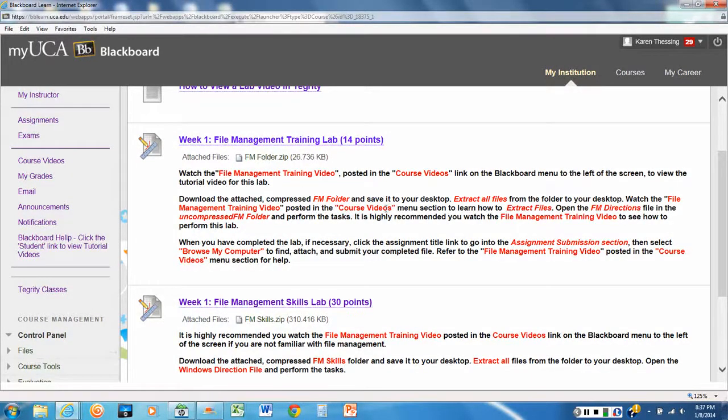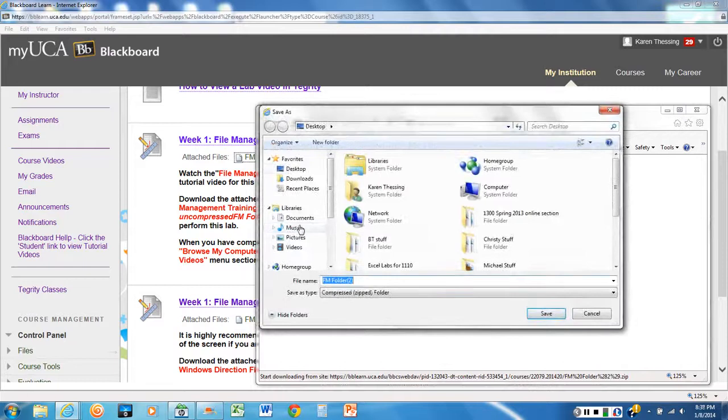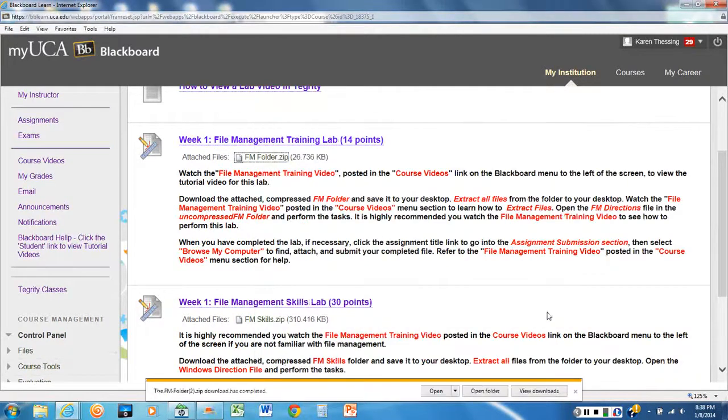So we're going to click here on the fms.zip folder. I want to save this to my desktop. The reason I put this folder on my desktop is because it's right there. I can see it when it's time for me to find it and submit it. So I'm going to do Save As, click on Desktop, and save it to my desktop. It says we're going to have to extract it. Once you extract it, you're going to open the FM directions file in the uncompressed FM folder